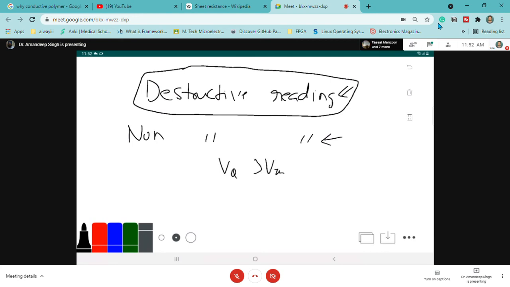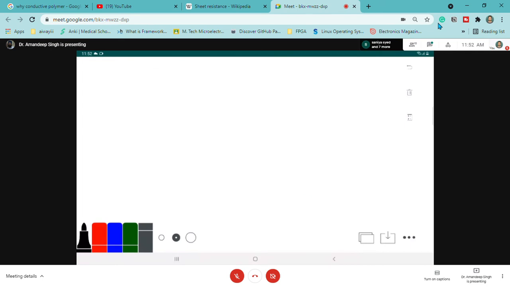If it goes beyond V threshold of M2, then M2 will turn on, 0 will be stored to Q bar, and 1 will be stored on Q. So your data is changed. It means destructive reading. We should avoid destructive reading. Sometimes there are terms called destructive reading and non-destructive reading, so you must know what they are. So this is what we call the scaling rule, which we use in the read operation. Now let's see how we are going to use this rule in the write operation.